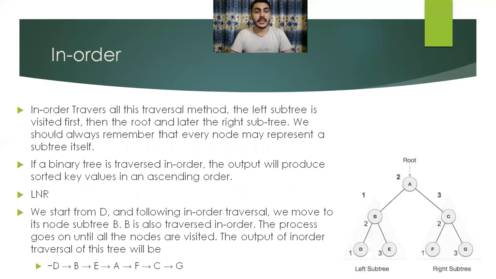In-order traversal. In this traversal method, the left subtree is visited first, then the root, and later the right subtree. We should always remember that every node may represent a subtree itself. If a binary tree is traversed in order, the output will produce sorted key values in ascending order. So first of all, we visit L means left, N means node, R means right. We start from D,